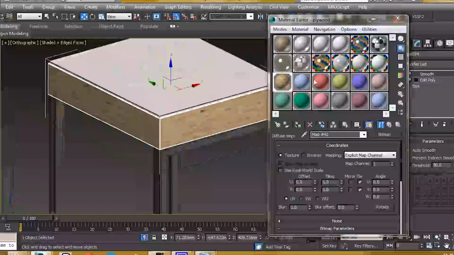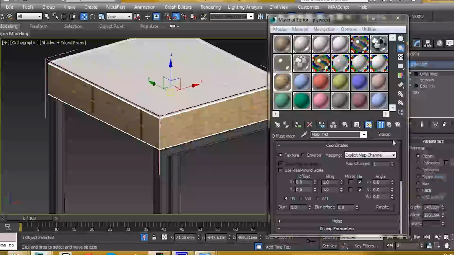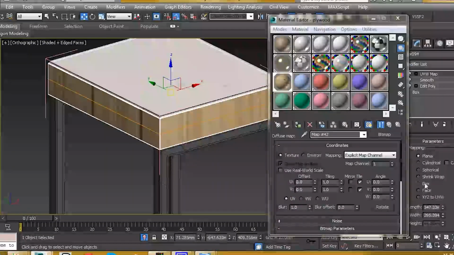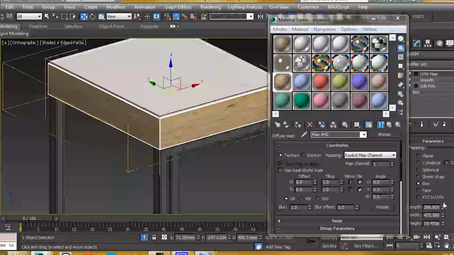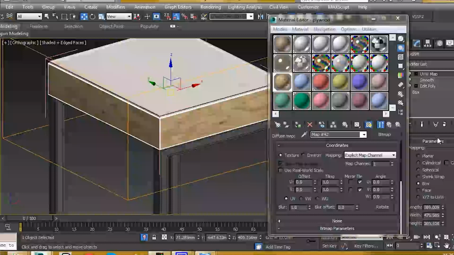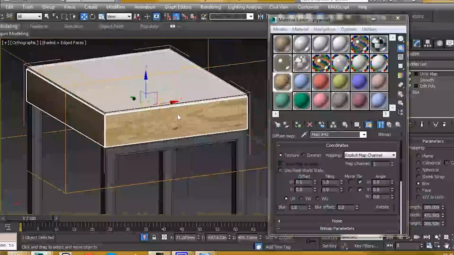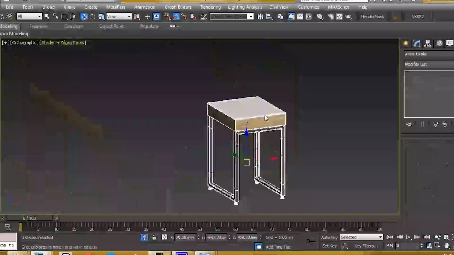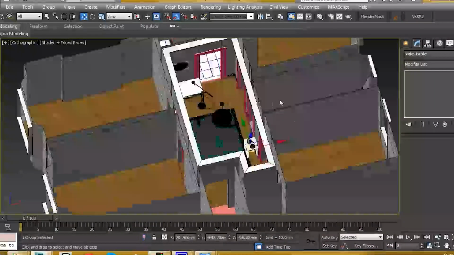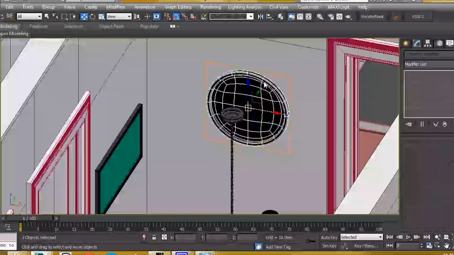just here. I'm just going to make a UVW map, change the mapping to box, and just adjust the length, width and height till you get something like that. Just close that group. So if you unisolate everything, we can select our mirror,